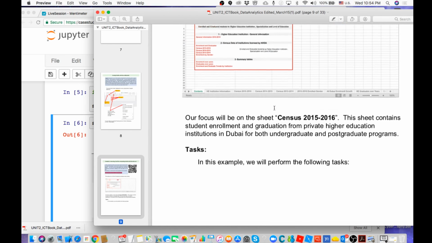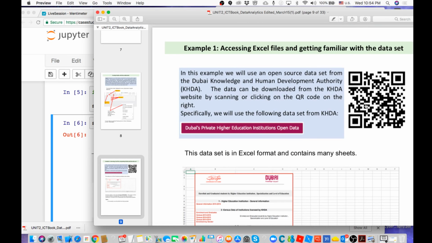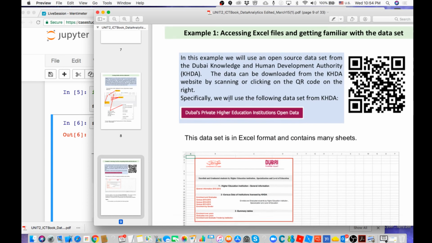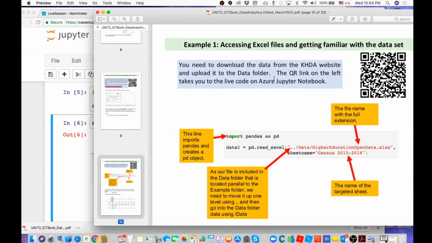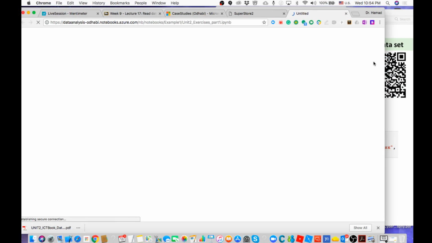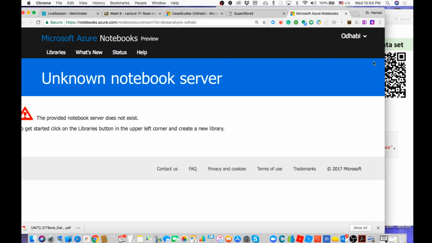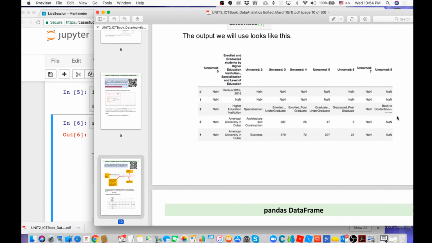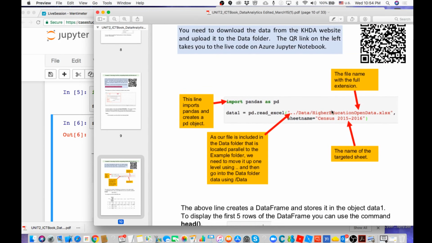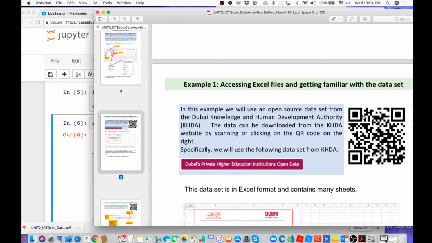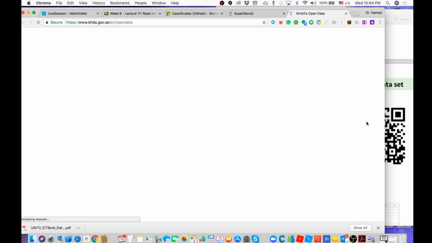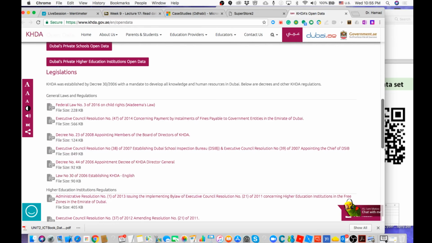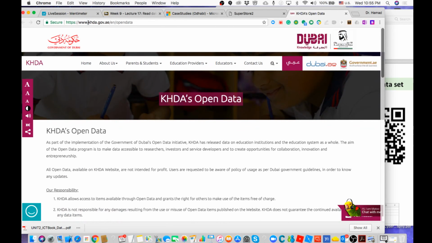Do this example. This example talks about data that you can download from the KHDA, and then you start working on it. I think this is the data. Is this the data? No, there's something wrong with this. It keeps changing. Anyway, there is data you download. If you go to KHDA here, you can download any data you have here. I'll give you an example of very interesting data that you need to know. For example,